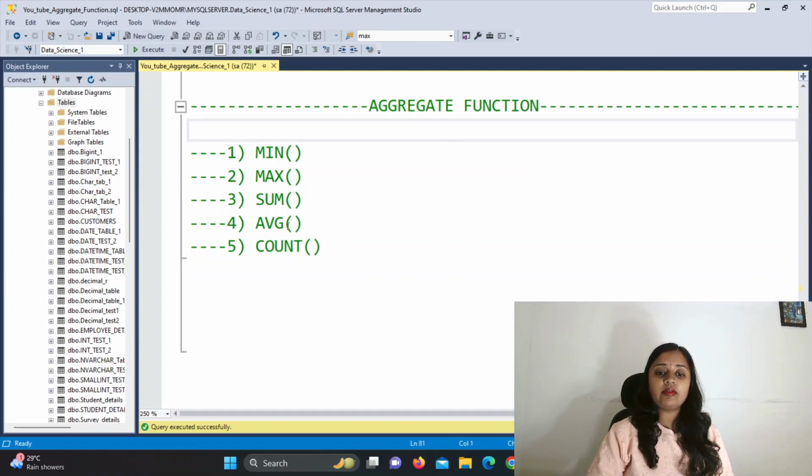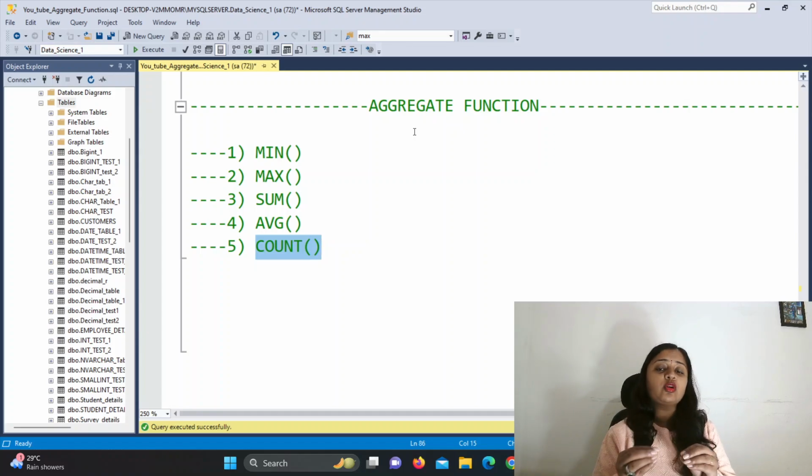Aggregate function has one of the options, that is count. Aggregate means whenever you are playing with numbers or the numeric type of data. Numeric data means data which has numbers in it. Whenever you are working with numeric data and you want to make some changes regarding that data, or give some outputs regarding that data, at that time you are going to use the aggregate function. Now inside that, what is the count aggregate function?